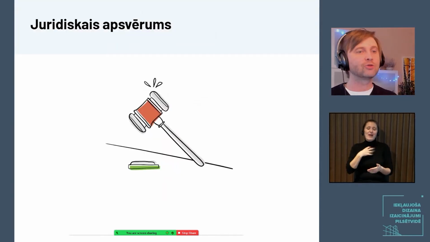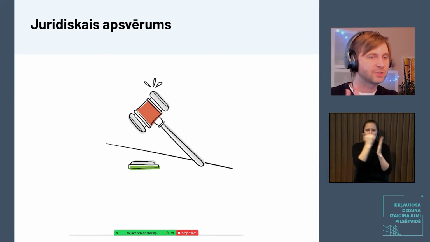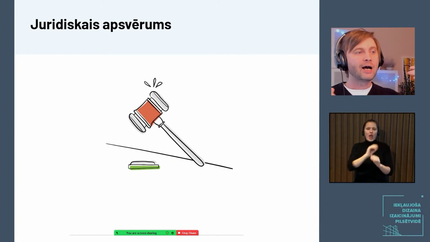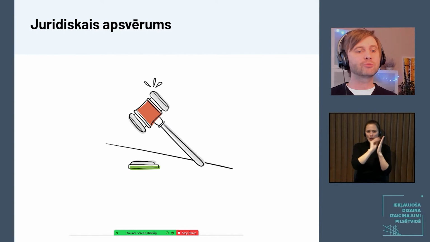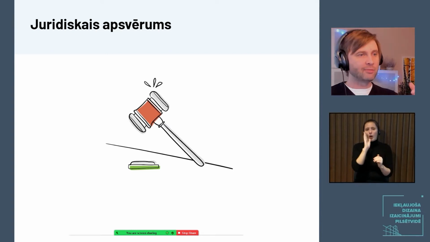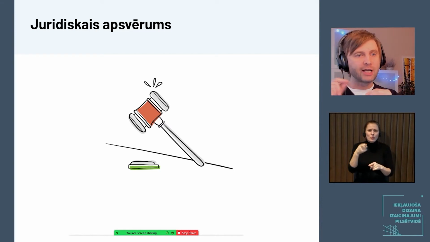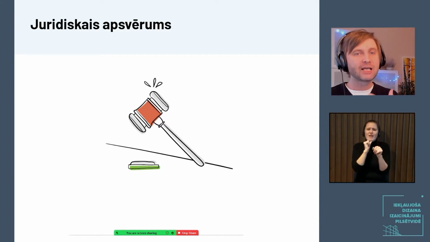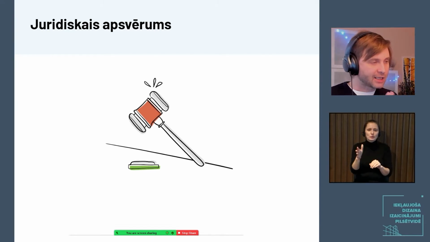So there are three examples why this has to be taken into account. This is in Cabinet Regulations 445, but this is just one of the reasons. If it's written in the directive and so on, and if you have some problems, for example, for a video there are no subtitles and it's not possible to fill in a form without a mouse,